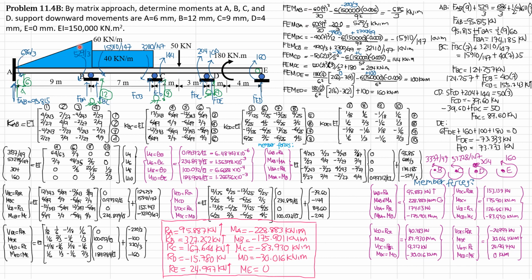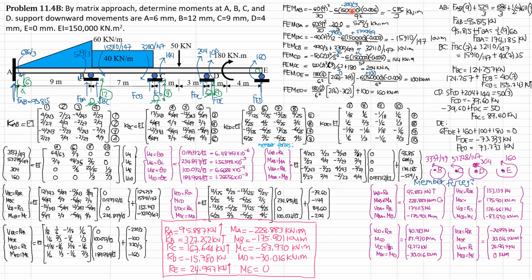it is negative W L square over 30 at the left, it's negative. And for the support settlements or side sway, negative 6 EI delta over L square. The delta is treated positive here because the rotation of chord AB is clockwise, and the matrix solution is based on the sign convention by slope deflection equation. So rotation of chord AB is clockwise. 12 minus 6 is 6 mm. So 6 mm is treated positive in the formula. This is the formula, negative 6 EI delta over L square.